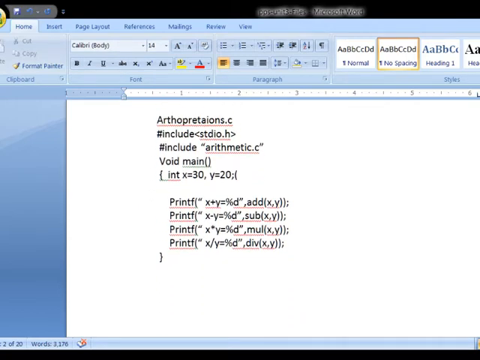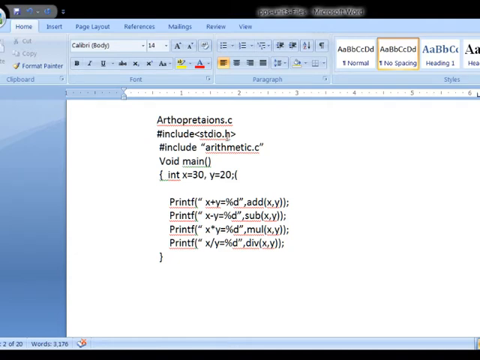Now see here, arithmetic operations.c is my current C program. In this C program, I am going to use two header files using the include statement.